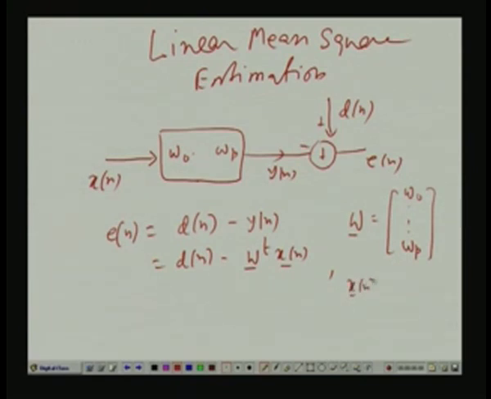and Xn vector is called the regressor vector. You can easily see W transpose Xn is W0 Xn plus W1 Xn minus 1 plus dot dot dot Wp into Xn minus p, which is actually the convolution between Xn and this W sequence, and that gives you Yn. Okay. So, what you have to do is take mod En square, take its expected value